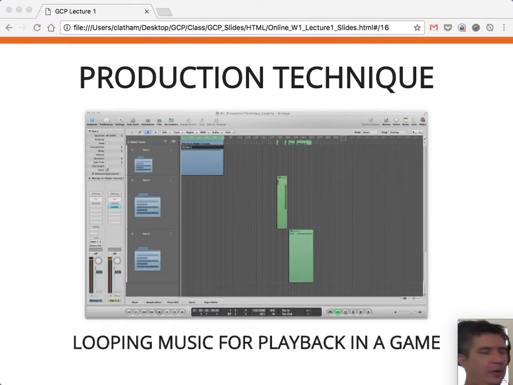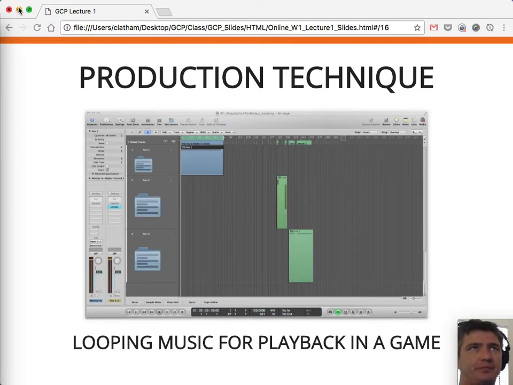All right, so when you download this assignment, you get a Logic session that has everything kind of set up ready for you to go. And it works through 3 different looping editing techniques. Some of these will be quite straightforward and maybe something you've done if you've worked with loops before, and other techniques might be a little bit more unique and more appropriate to game music.